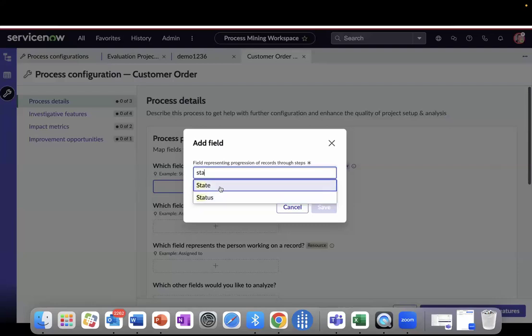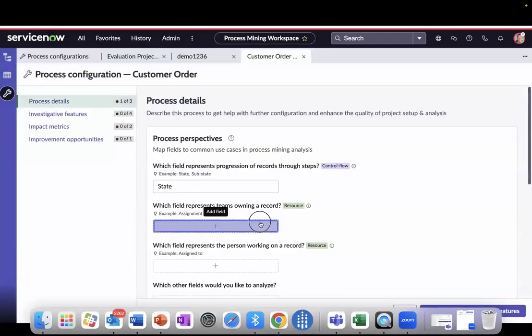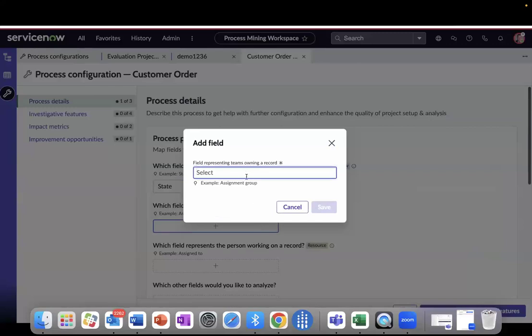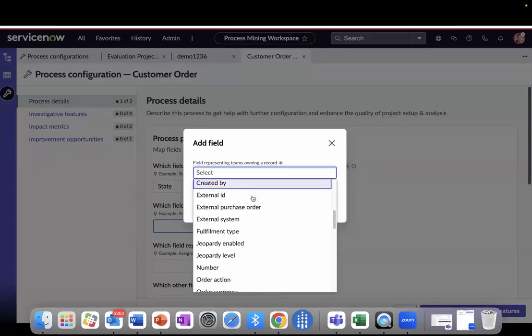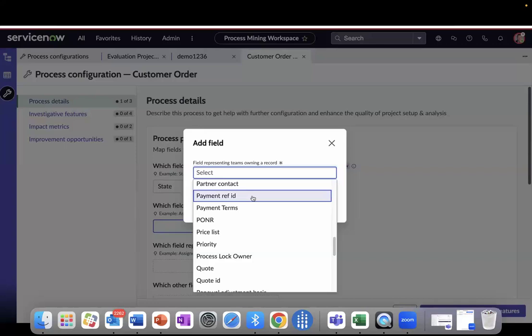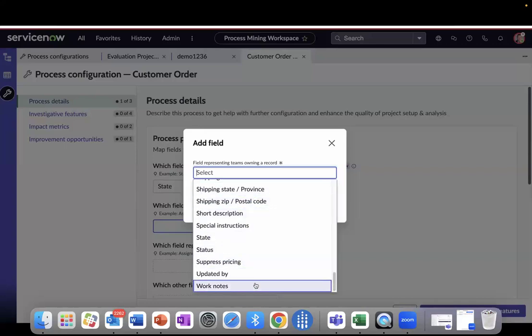Whatever is in your instance, check with your platform owner or your system administrator who knows which field represents the teams owning a record. So you can just find out from your instance which are the relevant fields. For some orders, could be the assignment group or any other custom field relevant for you guys.